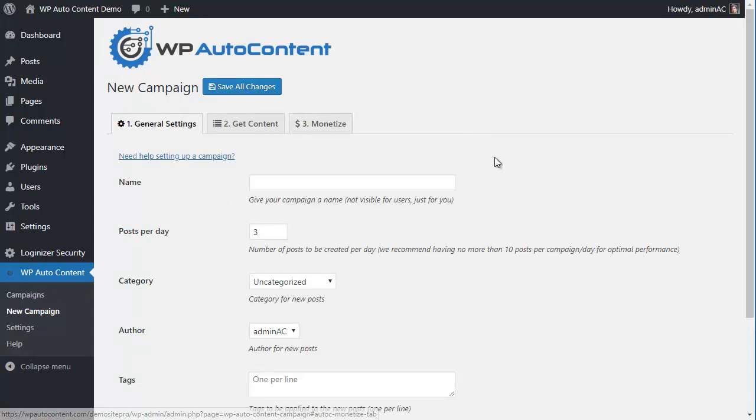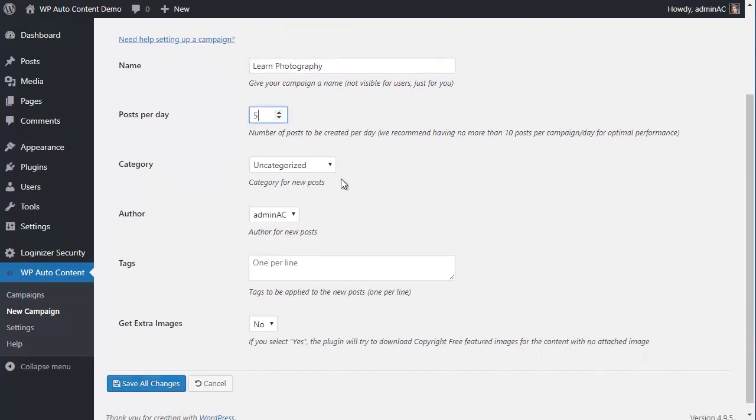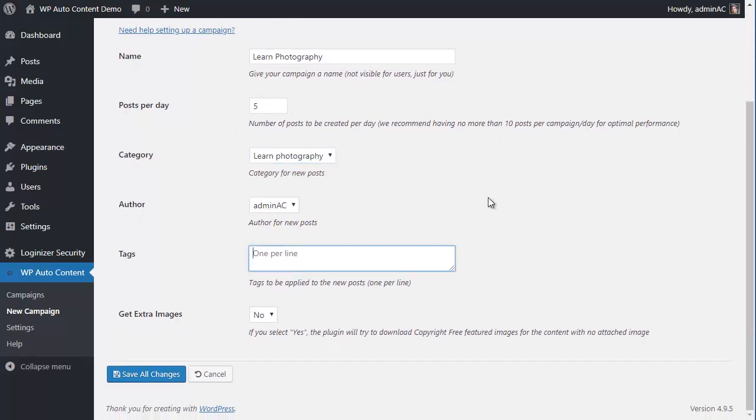Once you enter all the settings that you're going to use, just go to campaigns, then create campaign, and fill in the settings for the campaign. Just give it the name, anything you want. Then just how many posts per day you want to import. We're going to put 5 posts per day. If you want to select the category where you're going to put the post, the author. If you want to assign some tags,